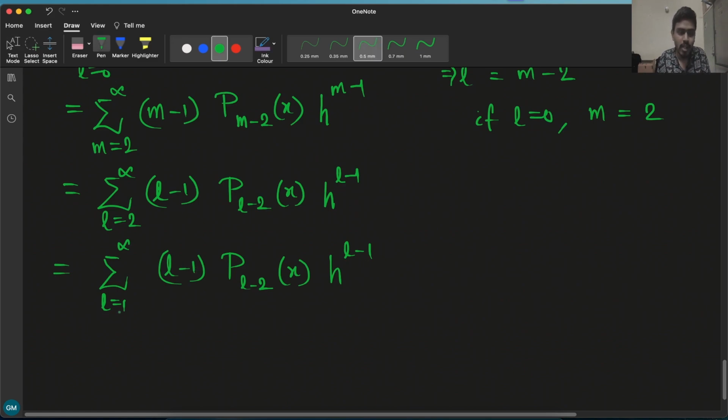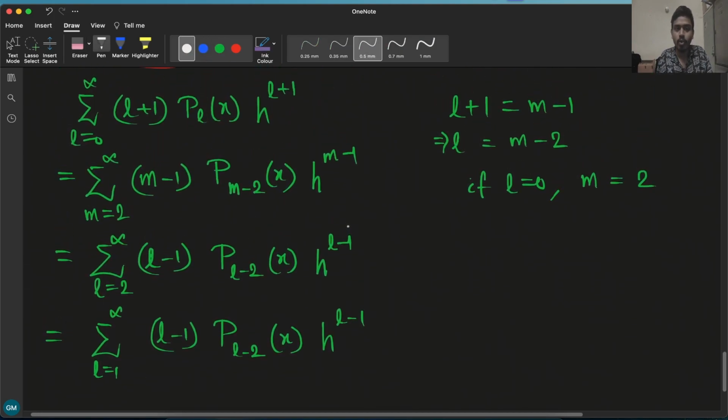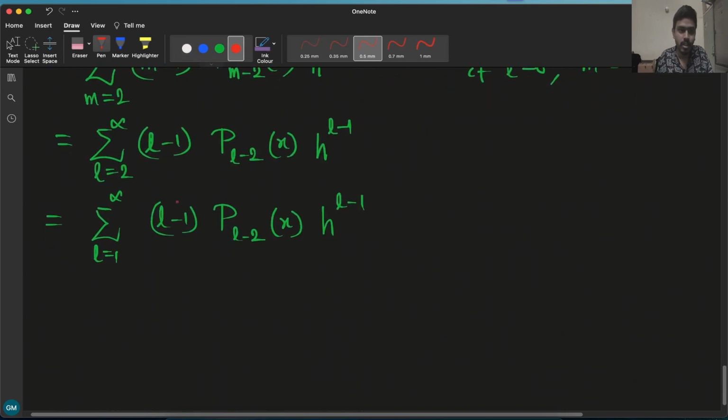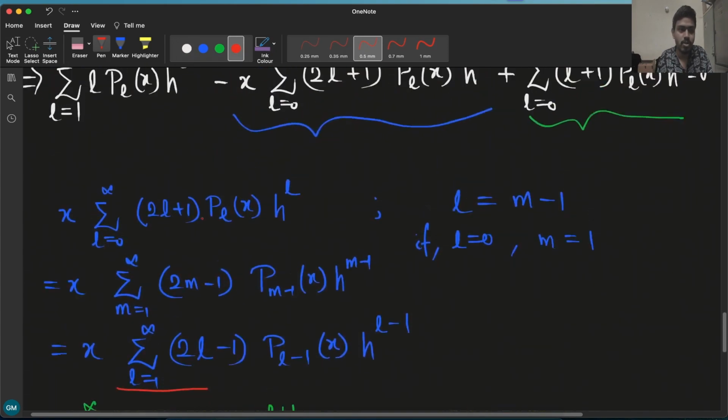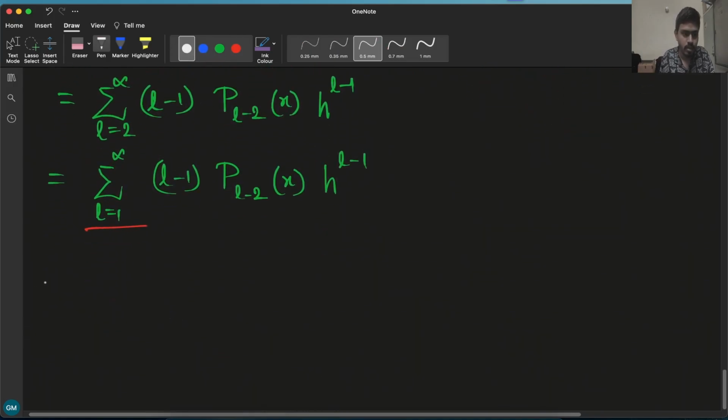So if I put L equals 1, the L equals 1th term, then because of this factor sitting here, it will be 0. So it will not change anything if I start from L equals 1. These two are basically equal, and now I can put them together. Now you can see that all the terms are starting from L equals 1. So if I now put them together, then